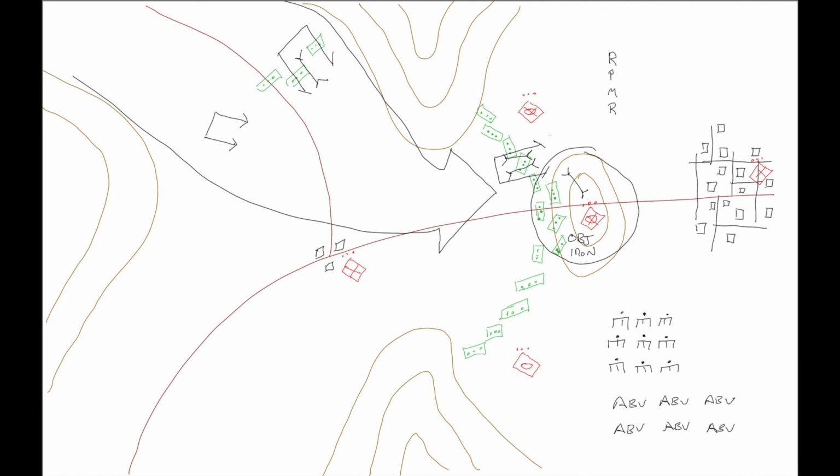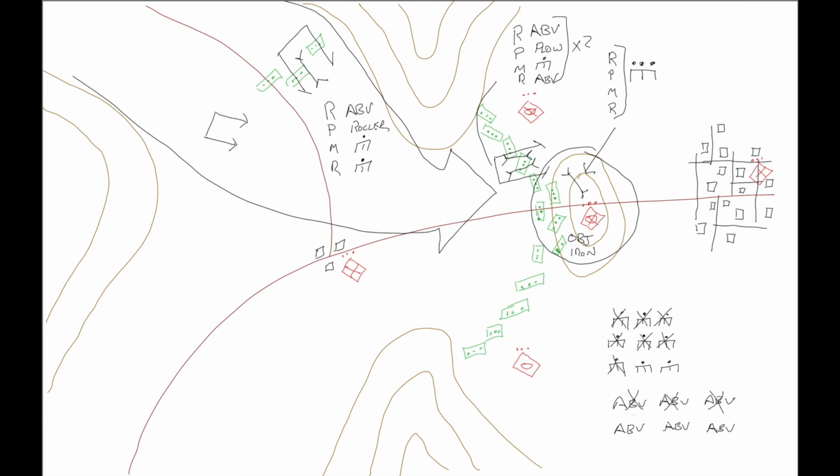Now we match assets to lanes using the reduce, proof, mark, and redundancy model. This ensures that we build in the 50% redundancy required to succeed. It's also important to note here that we only use assets once. Although an ABV can reduce, proof, and mark, we only plan for it to execute one of those tasks, usually